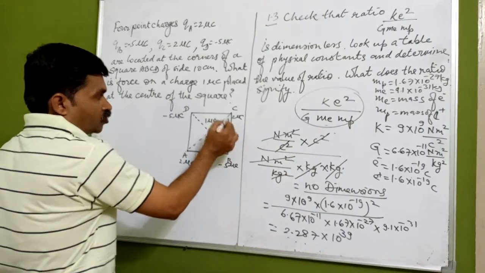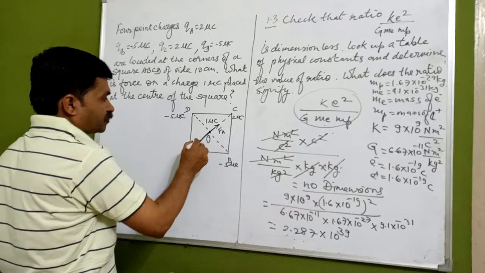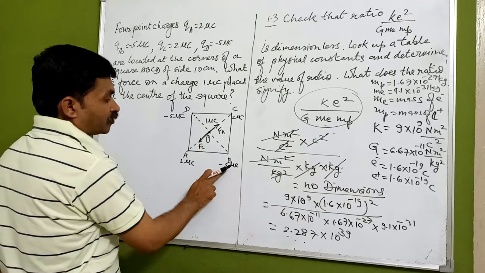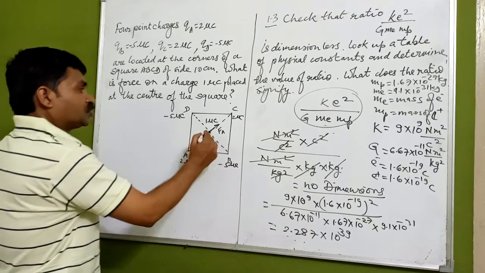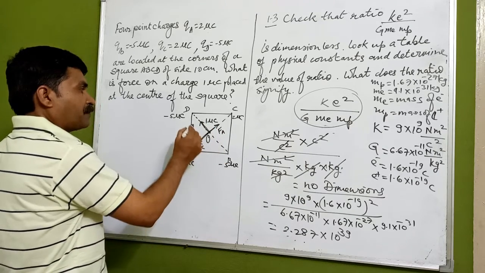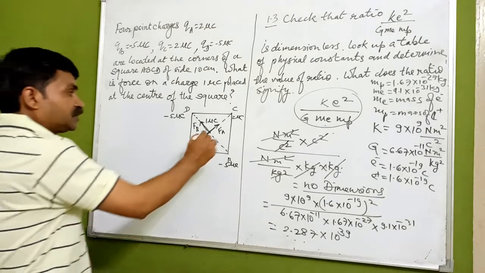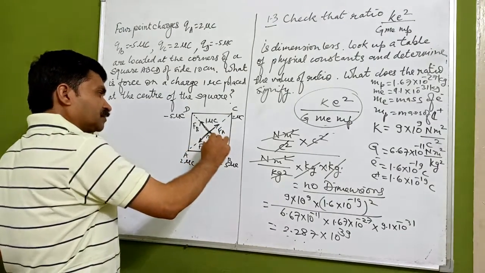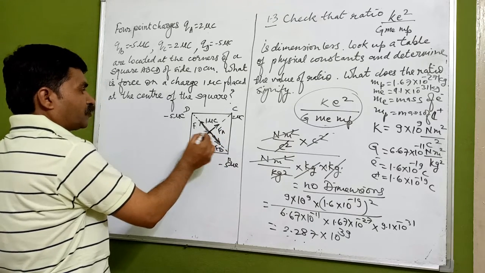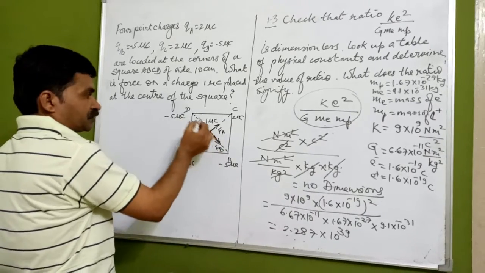Now this is also a 2 microcoulomb charge, which is also of the same nature. There will be a force because of the C. We can see that. Now this is a 5 microcoulomb charge of negative nature, so there will be a force acting in this direction. That is your FB, an attractive force in this direction. And here, this is the attractive force FC, which is acting in this direction.